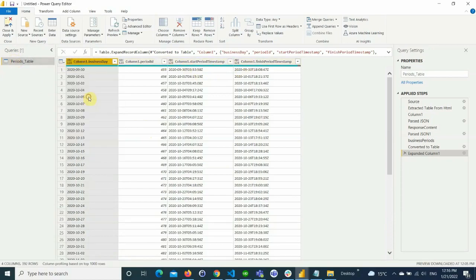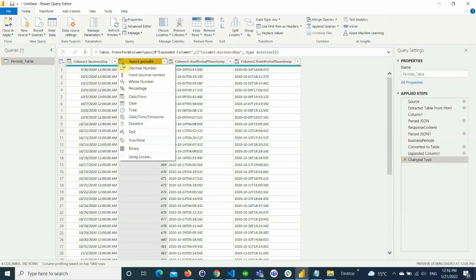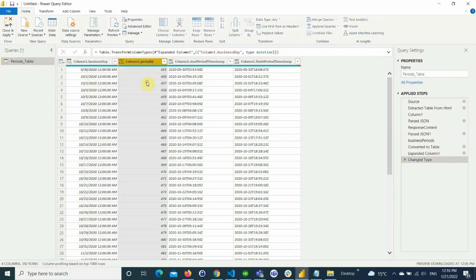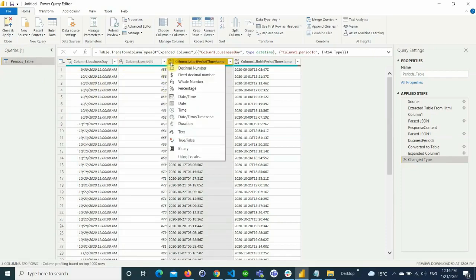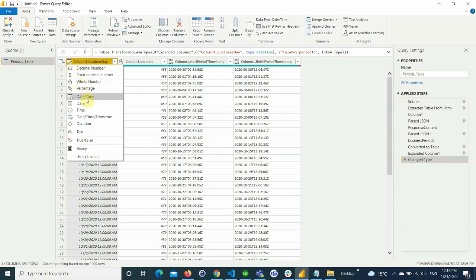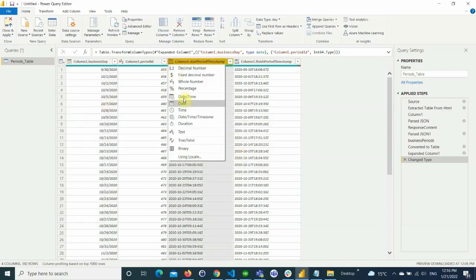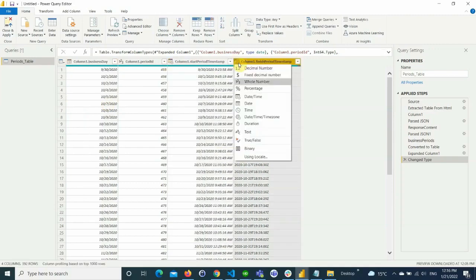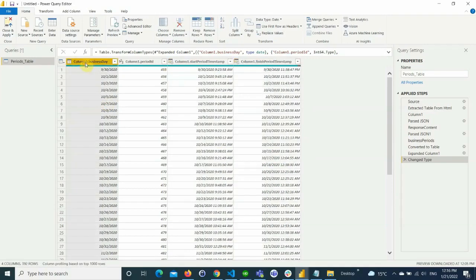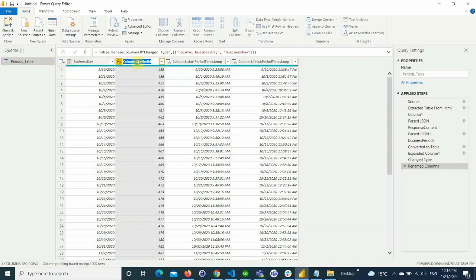So this is a date time, this column is a whole number, this is again, so this is actually a date and not a date time, this is a date time, and this is again a date time, and we can easily remove this column 1 from every place, just to make it look better. And now, if using other APIs, what we will do is join it together with other APIs.